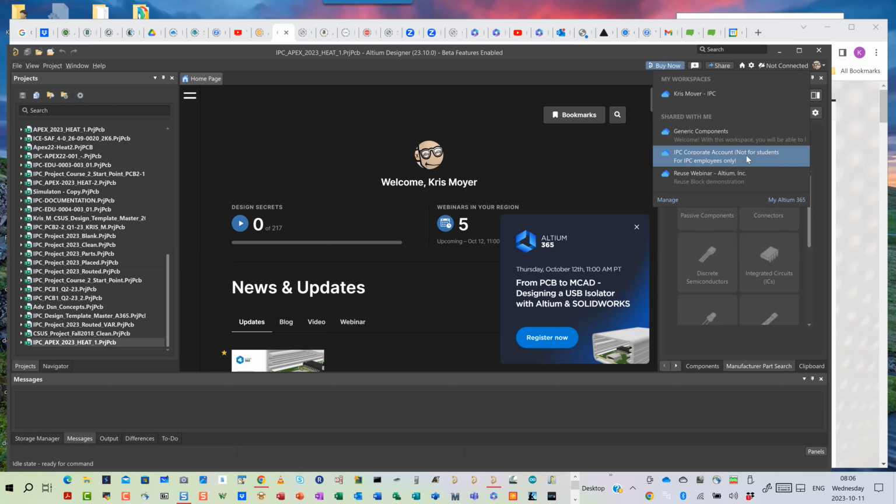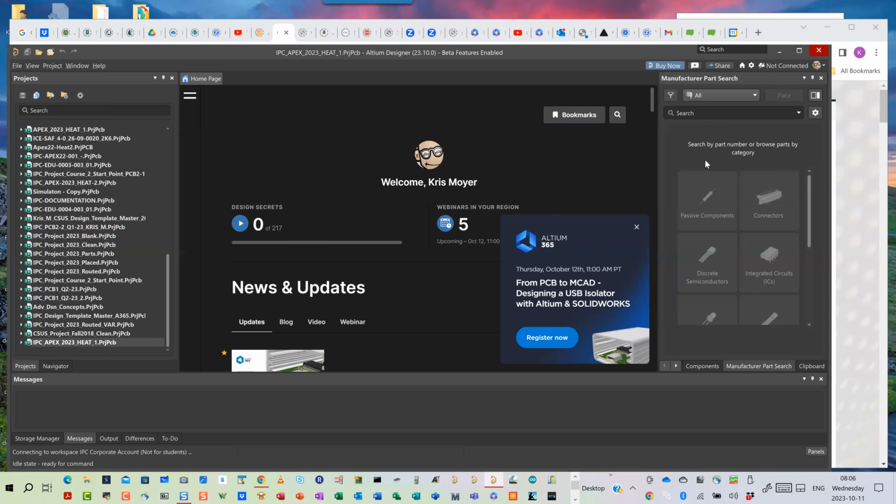It actually is for students now. Says for IPC employees only. Ignore all that. I just haven't edited that. This was all test cases for the original configuration. So just click that IPC corporate account right there, and you'll see it says connecting right here, and two things